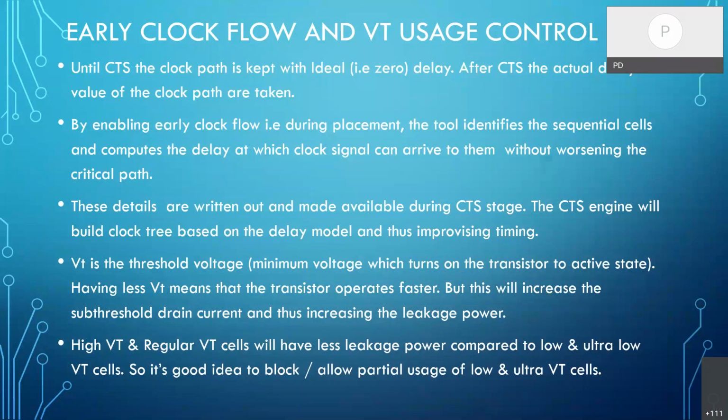Then, in the standard cells, there will not be just one variant of an AND gate. If you take an AND gate, there will be multiple variants, say low VT cell, high VT cell, like that. VT here is the threshold voltage that we all know. Threshold voltage is the voltage at which the transistor will turn on. So the lower the threshold voltage, the faster the transistor will turn on, right?